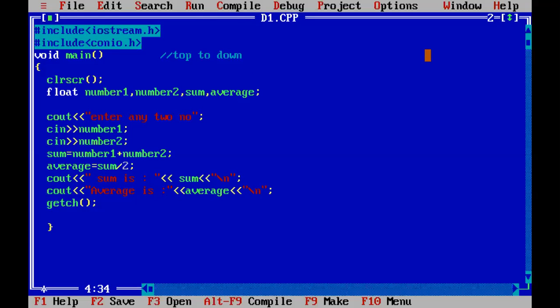Because we can see here that if we want to write a program, our program is to take two numbers and find out the sum and average of the numbers. So as I am writing the name of the program, to find the sum and average, we can give the name of our program also.